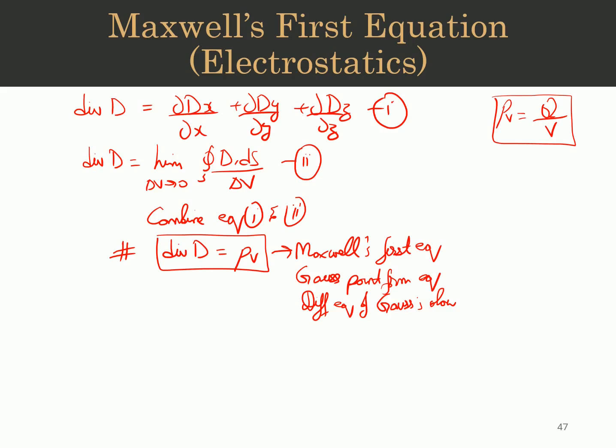So volume charge density is equal to Q, and if I further represent it, Q can be written as D dot dS divided by V. So if it is delta V, a small value, then this is also equal to volume charge density. So this equation is telling us that the electric flux density,